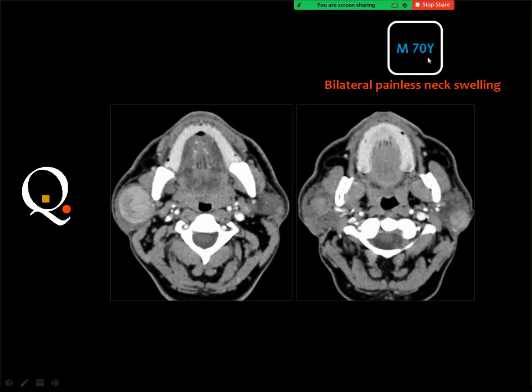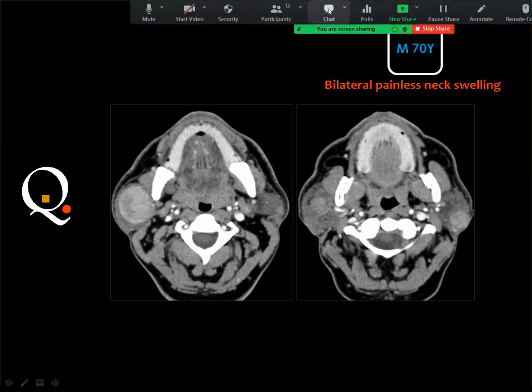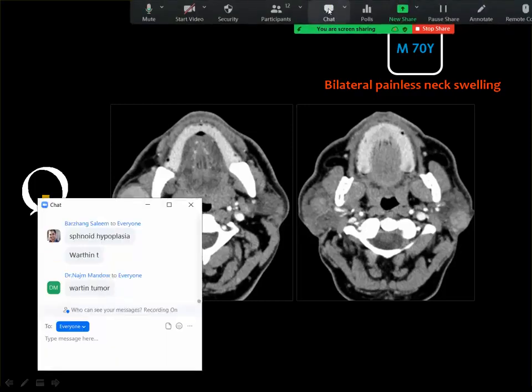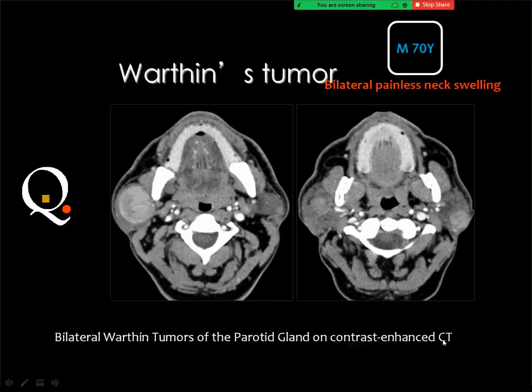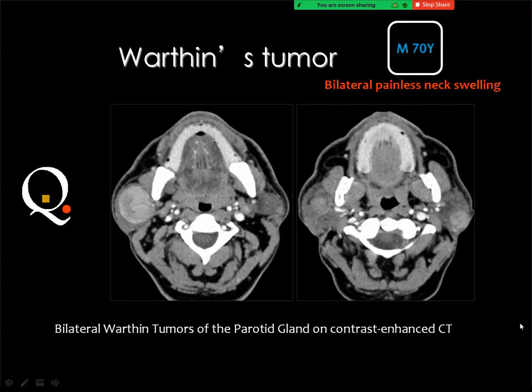This patient is 70 years old with bilateral painless neck swellings. Yes, Warthin tumor is a good answer, and also one of the answers that appear good to me is bilateral pleomorphic adenoma of the parotid glands. It can occur at any age, and they are usually well-defined, homogeneously enhanced, and may occur bilaterally, and can also